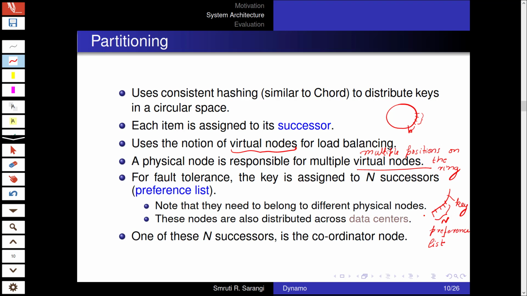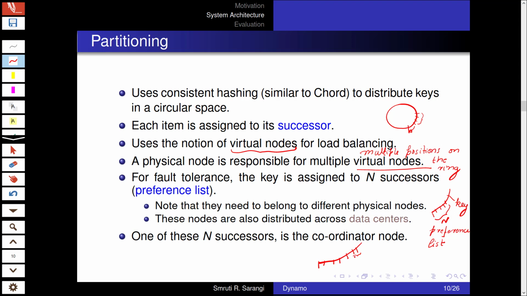So furthermore, what Dynamo does is that it tries to distribute them across different physical locations, where these physical locations are on different data centers. So of course now if you actually look at the key space, I'm just drawing a part of it. It is pretty much possible that maybe these two nodes are on the same data center.